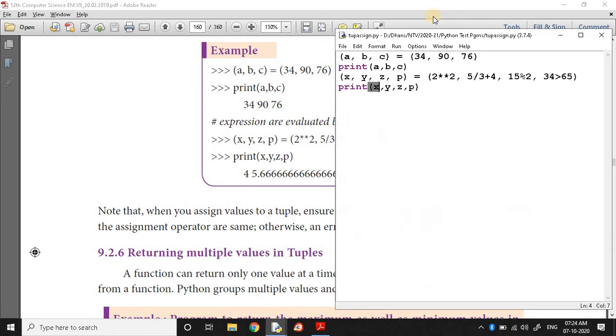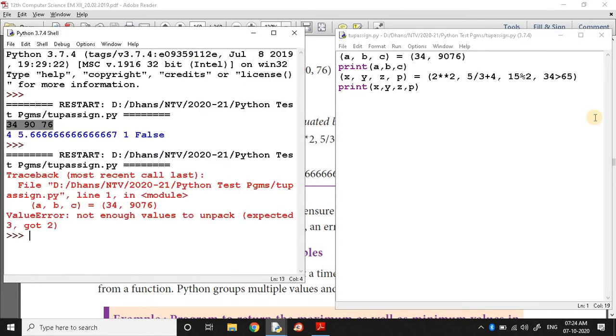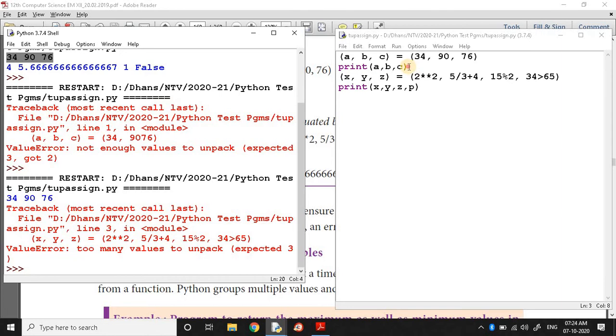In this case, if there is any mismatch in number, let us see, here one number. What will happen? An error message will be displayed. So on this side, then here one variable. Error message. The first line will be printed because the number of variables, that means parameters, and arguments are the same, 3 and 3. Here 3 but 4 expressions.